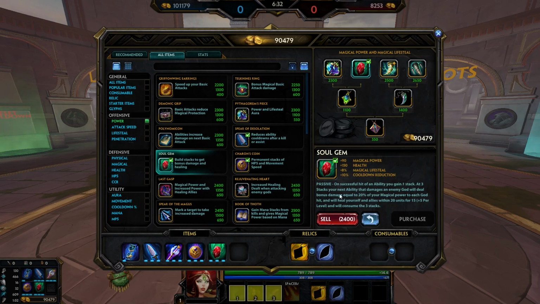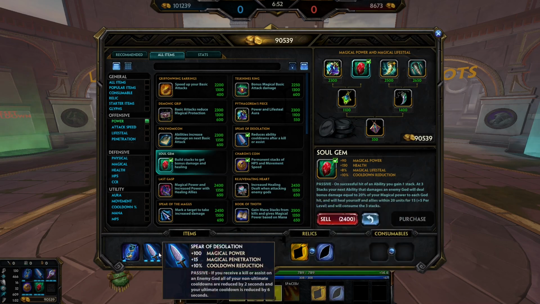Once you have 3 stacks, it will give you an additional 20% power to your ultimate. So every single target will be affected by this with your ultimate. And on top of that, it gives you 10 CDR. So like I mentioned, the more you can spam your ult, the more annoying it is because it's extremely strong late game. And with this build, you're going to have max CDR because you have CDR from the Spear